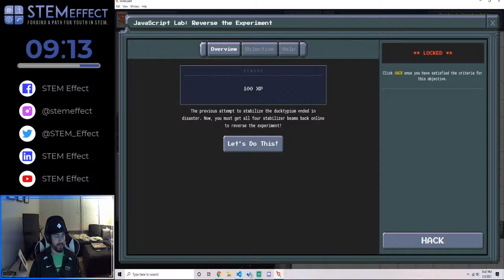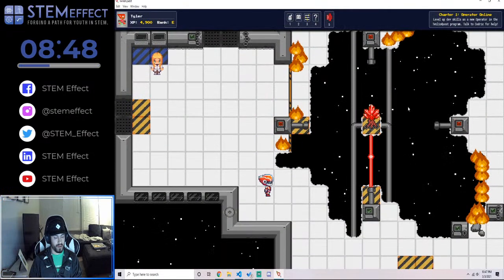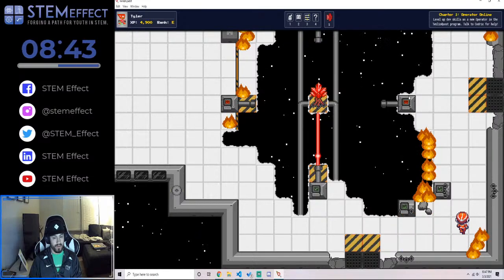Previous attempt to stabilize the ductopium ended in disaster. Now you must get all the 4 stable beams back online to reverse the experiment. Lead scientist told you that her colleagues have activation codes ready to restart the 3 laser beams. Search the rest of the lab for these codes. Once the 3 beams are back online, return here to enable the final beam. Okay, so I can't go to this one. That's why I haven't done it yet. So I have the first one,